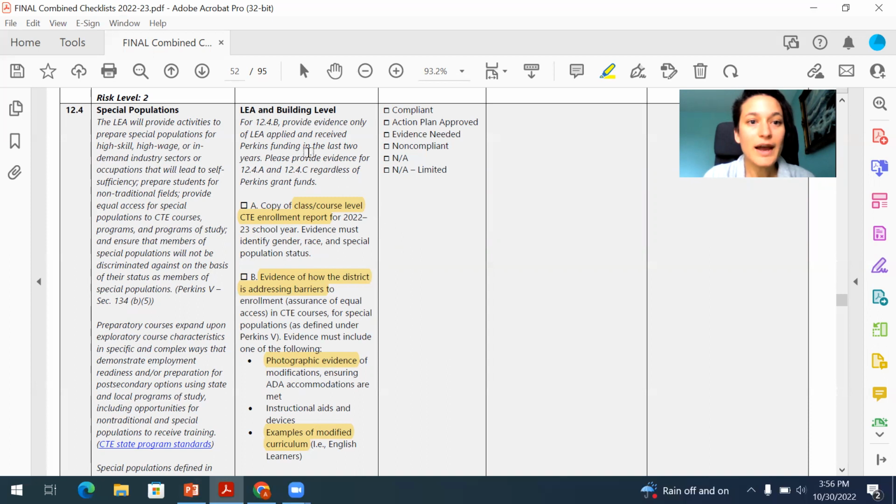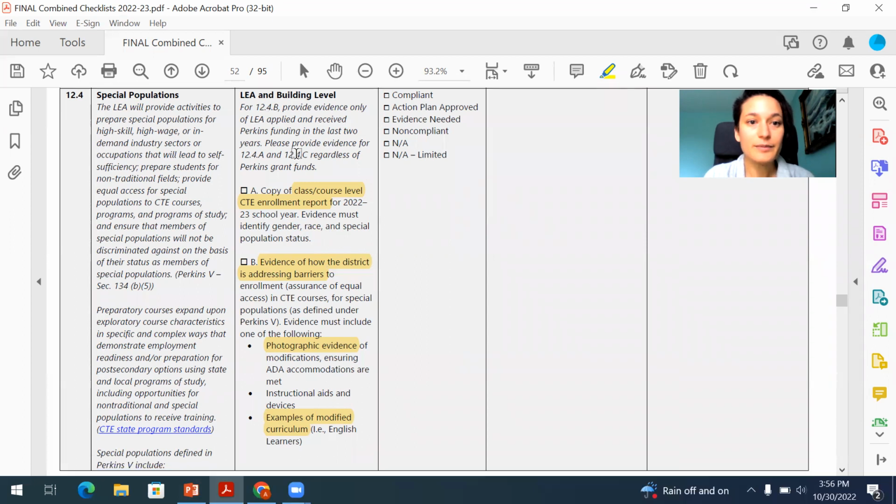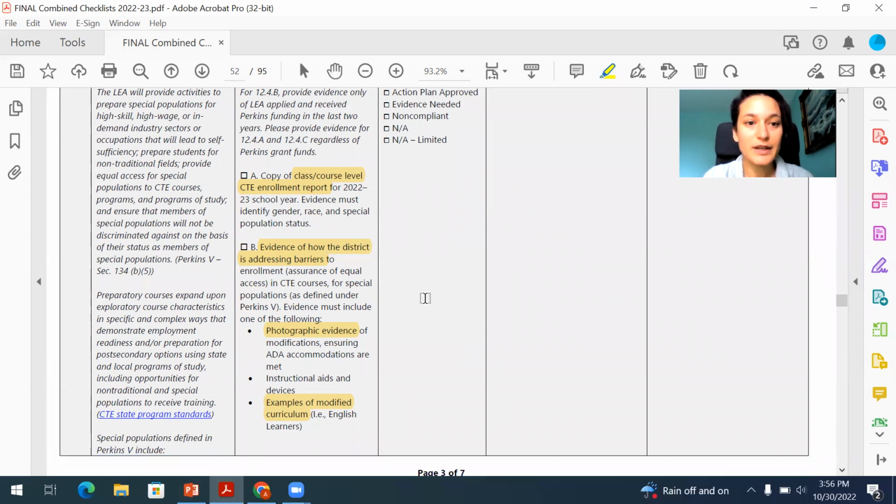You only have to submit 12.4B if you received Perkins funding. And then the last one, 12.4C, you also have to submit no matter what. So this one is evidence of how the district is addressing barriers. This is a range of options for how you document this, and you only have to choose one, but you